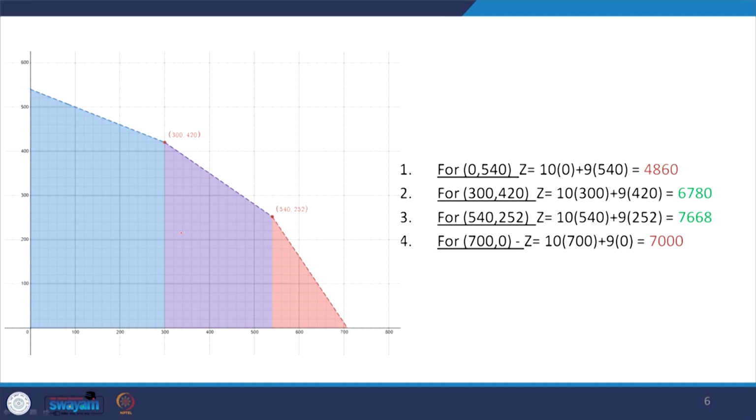Okay. So first let us find out the extreme points. This point is 700, 0, this is 540, 252, this is 300, 420, and this point is 0, 540. We know our objective function. What is the objective function?